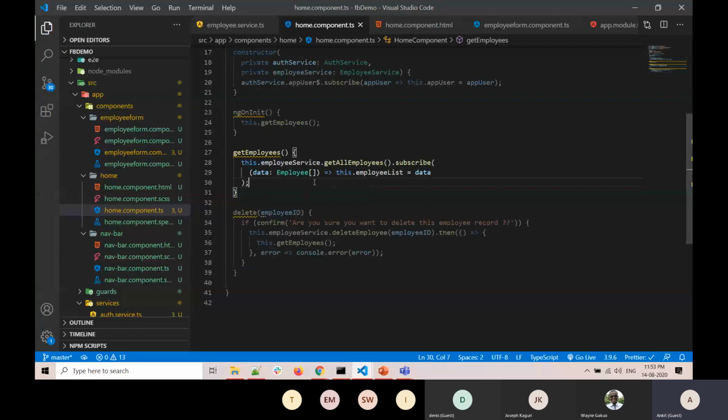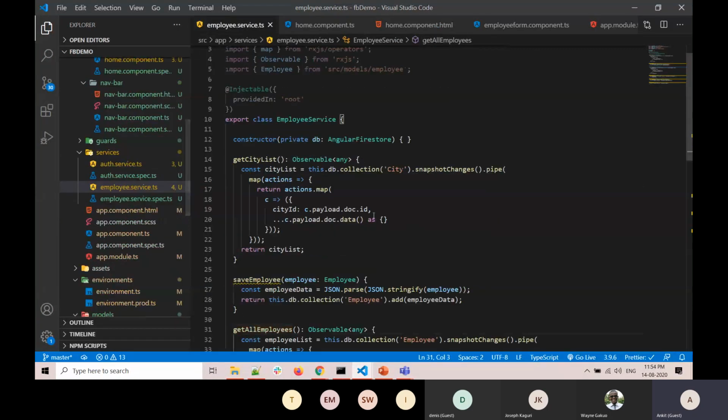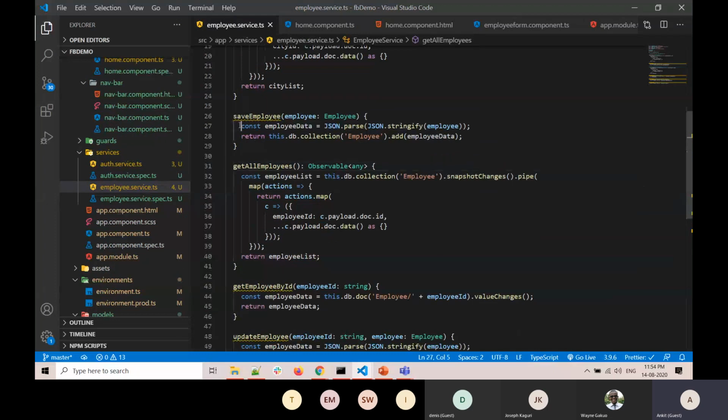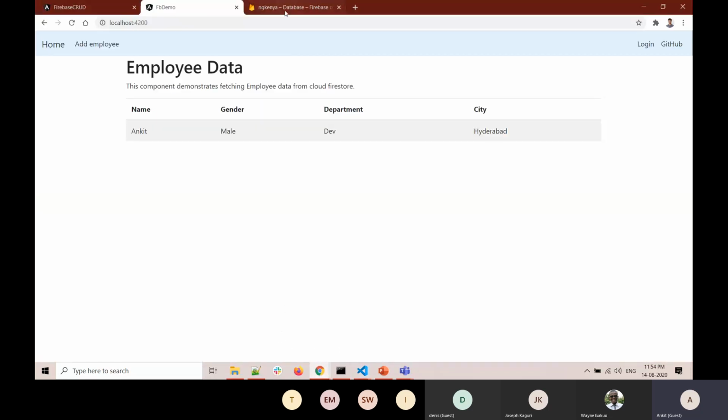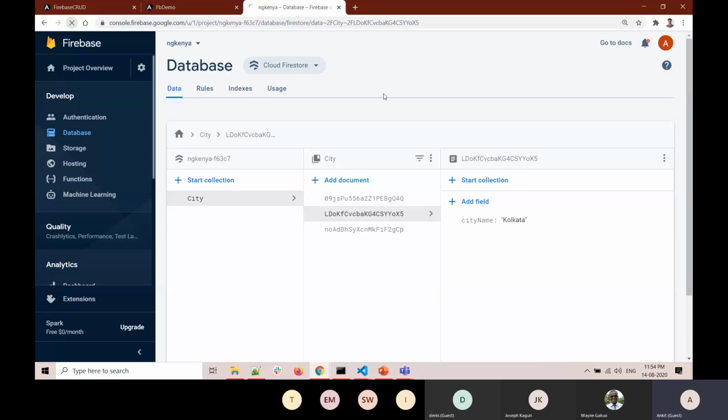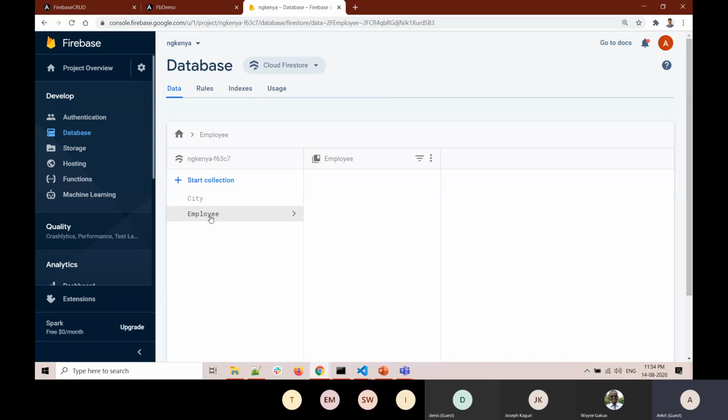Now, if you remember, in the save employee method we are calling db.collection employee. And I told you that while adding the data, it will check if the employee collection exists or not. If it does not exist, it will create it and then add the employee. So earlier we did not have any employee. Let's go back to the database and refresh this page. Once you refresh this page, you can see the employee collection is created. This particular collection is created by our application, our Angular code which we have written, because this did not exist earlier. Once you click on the save button for the first data, it will create it.